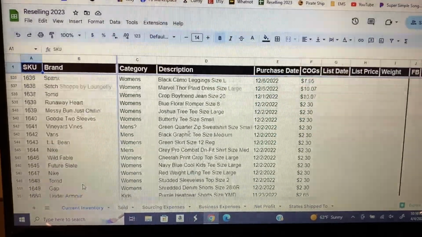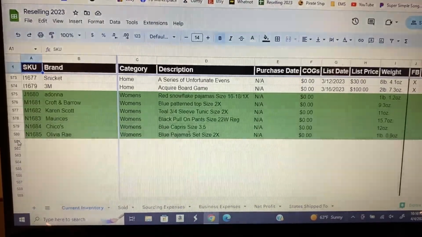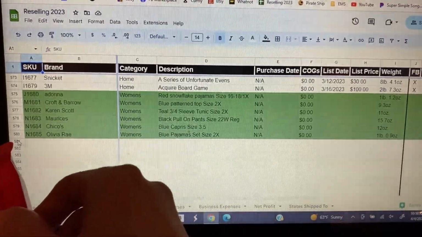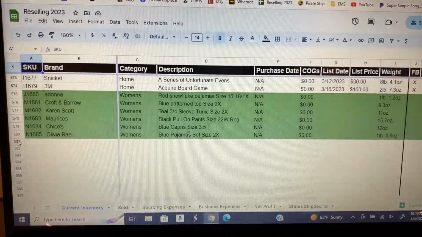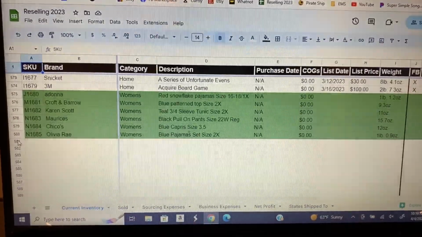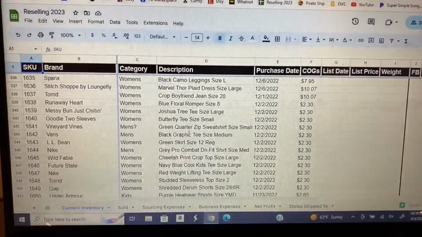So that's really all I have for my current inventory spreadsheet. You can see I'm down at 580 over here. So I'm up to 1685 on how many items I have picked up for reselling. But that's pretty basic. So then if we go down to my sold tab,